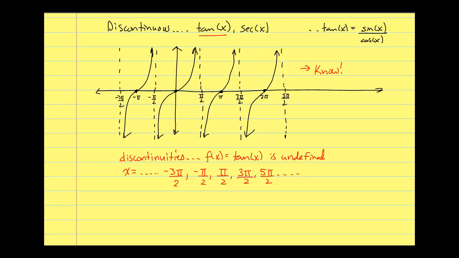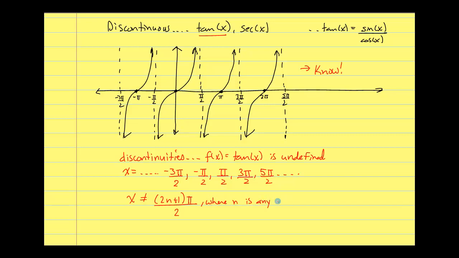Well, one thing I notice here is that pi over 2 seems to be common. Now the coefficient in front of the pi over 2 seems to be an odd value: 3, 1, 1, 3, 5, and some of the values are positive and some are negative. So a way I could write this, instead of saying what x can be, let's say what x cannot be. X cannot be, okay, first of all, 2n plus 1. If I plug any integer in here, positive or negative, in for n, and multiply it by 2 and add 1, it's going to produce an odd value. So if I take 2n plus 1 times pi over 2, and in this case we can say something like where n is any integer,